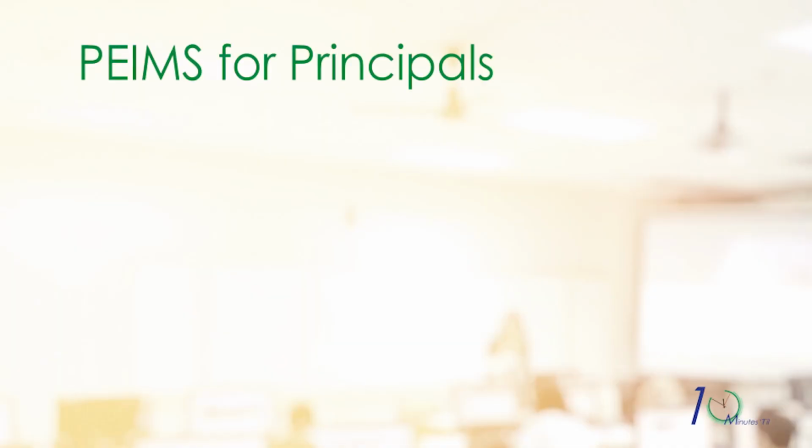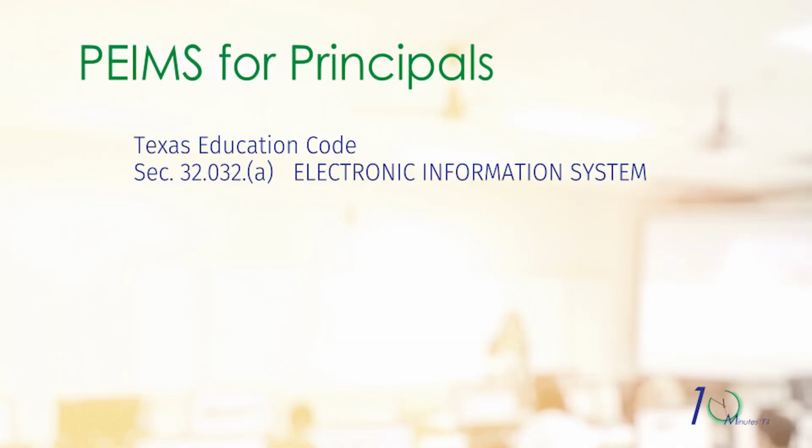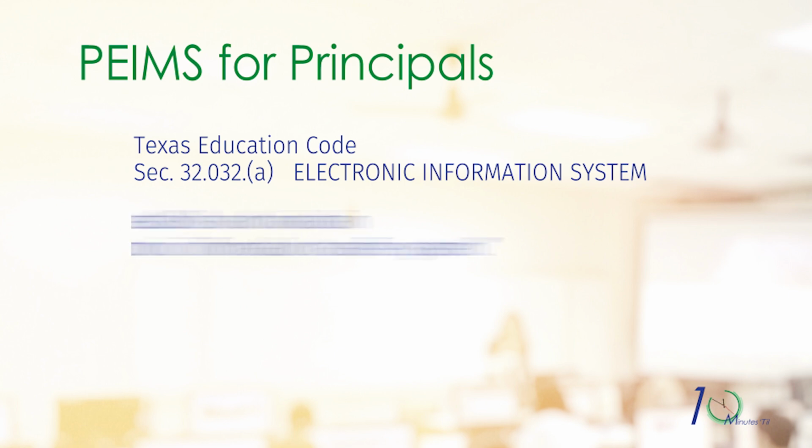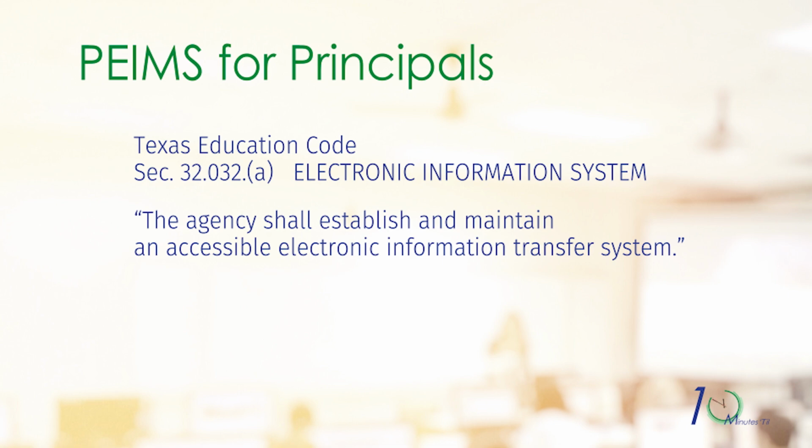The law states under Texas Education Code section 32.032A, Electronic Information System, the agency shall establish and maintain an accessible electronic information transfer system. Currently, this is PEIMS, the Public Education Information Management System. PEIMS encompasses all data requested and received by TEA about public education, including student demographic and academic performance, personnel, financial,